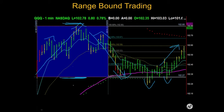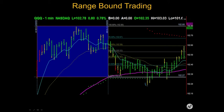Okay, this is a range-bound kind of day, and we made a good amount of money on this particular day, specifically from this move right here. This is the low, and this is the move. Now I'm showing this to you in the QQQs, but I believe, if I remember right,